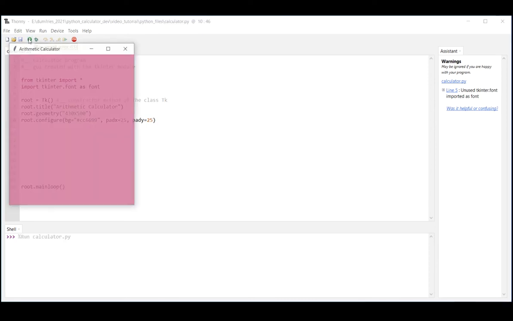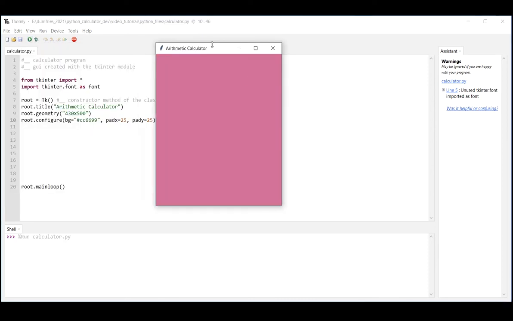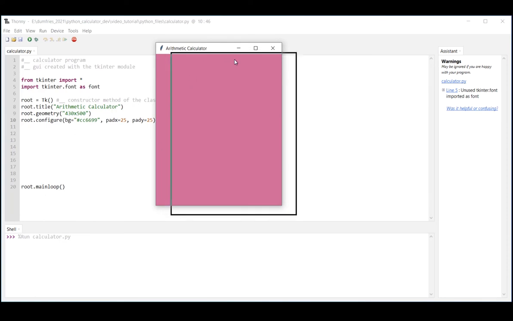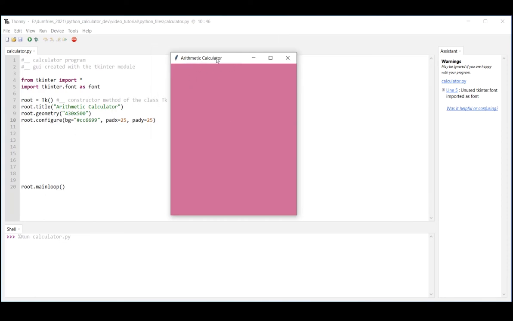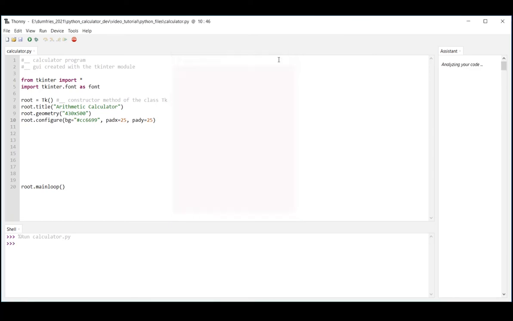Press F5 or the green arrow, and what you should have is a window which is a kind of pinky colour, and it's got your title, arithmetic calculator, and at the moment it's got the default Tk widget ICO file, and we're about to replace that. If you've got your own ICO file, you can use your own. I'm going to put mine in just now using